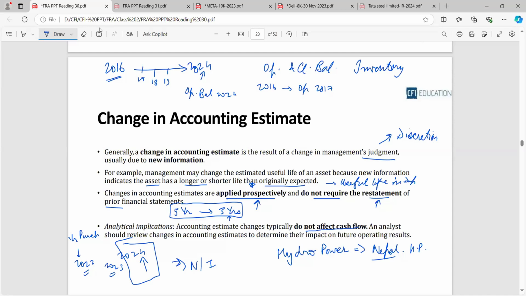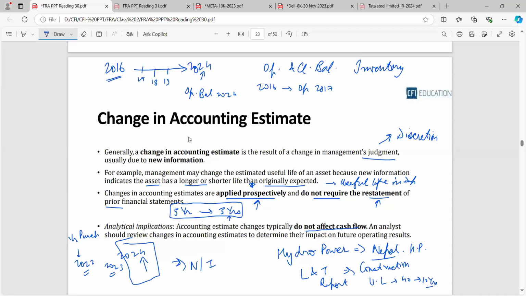So there are two things, guys. First of all, the repair that would be done is not an expense but a capitalization. And then the starting point of the discussion was that instead of 40 years, the dam life is now decreased to 10 years for that hydro company. This decrease in the life of that dam would be termed a change in management discretion, because they are now backing it on a report, let's say, from a construction company. Larsen and Toubro might have sent one report on the construction quality. So Larsen and Toubro's report might be used as a basis for changing the useful life from 40 years to 10 years for the dam.